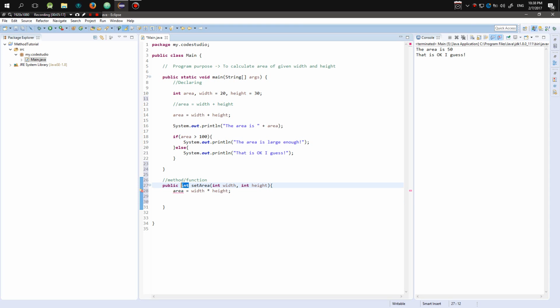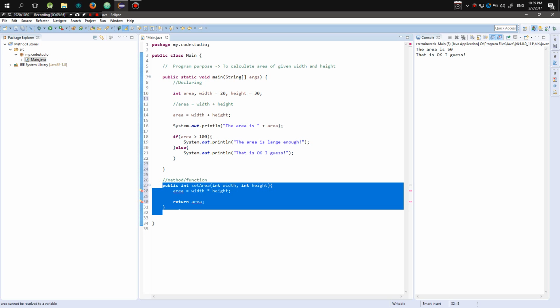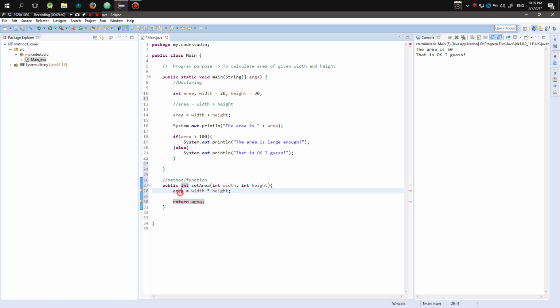Since you have given this, now it's going to be return area. What return does is that after performing some action or logic, we're going to pass something back after this is finished. You get the idea? Alright,